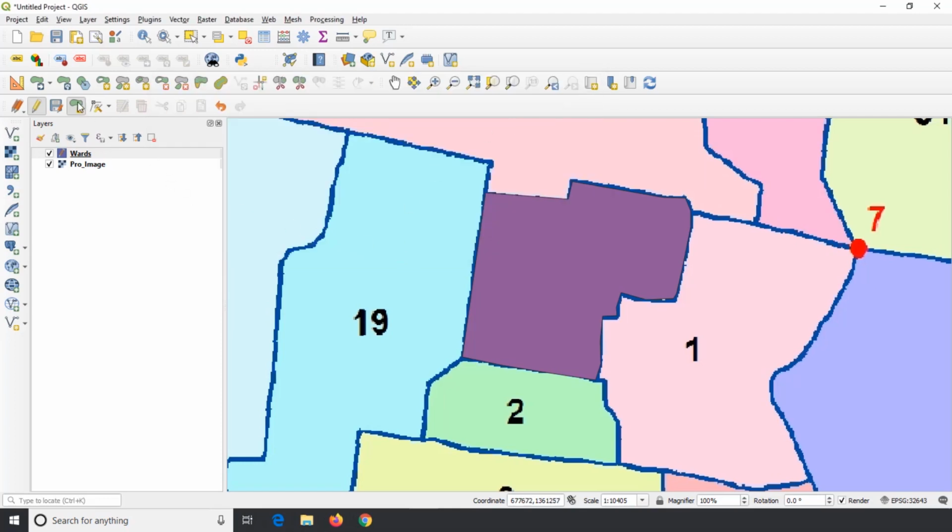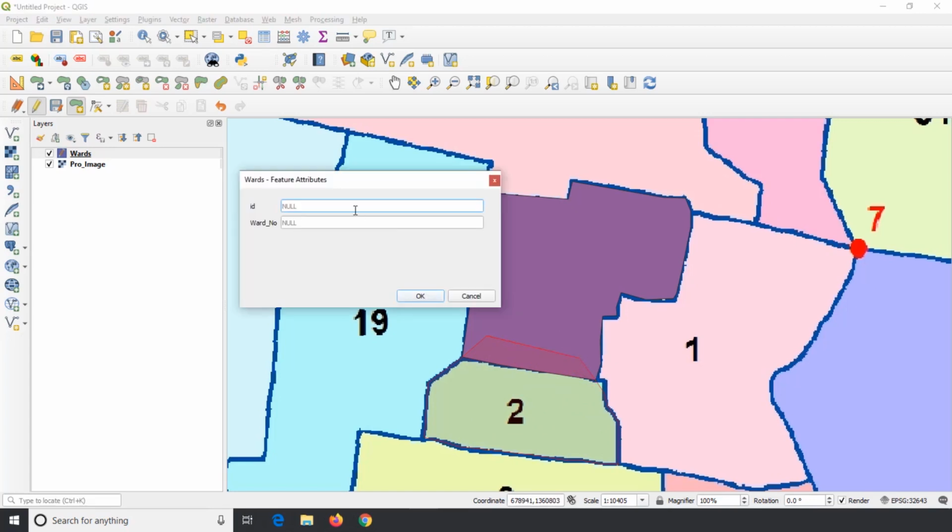Now digitize the adjacent polygon by starting inside of the existing polygon, and finish the digitizing inside of the existing polygon.